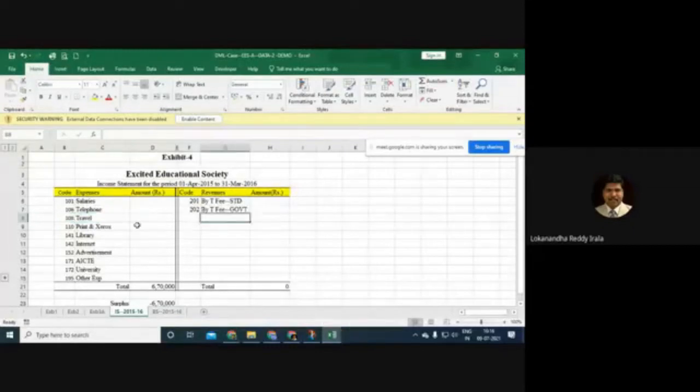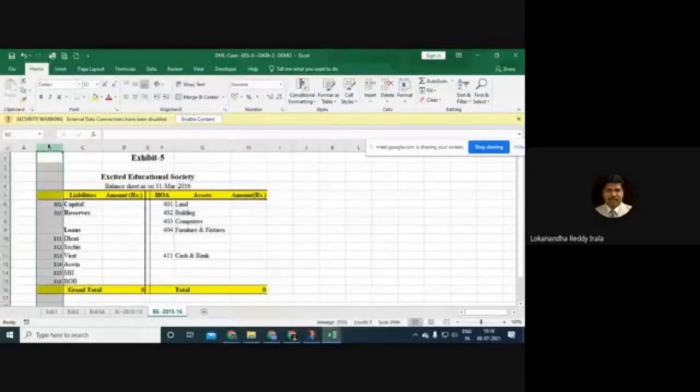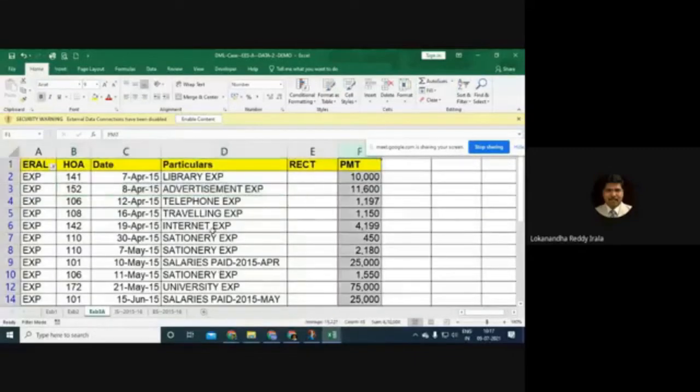If you look at it very simply, the first logic that we understand is that all expenses start with code 1, all revenues start with code 2, all liabilities are coded starting with 3, and all assets have been coded starting with 4. So some logic will go into this coding, but the coding is just to ensure that you group things together. That's what we're actually doing in preparation of the income statement. So what is it that I want here? I want the total salary expenditure that I should read from this particular data.